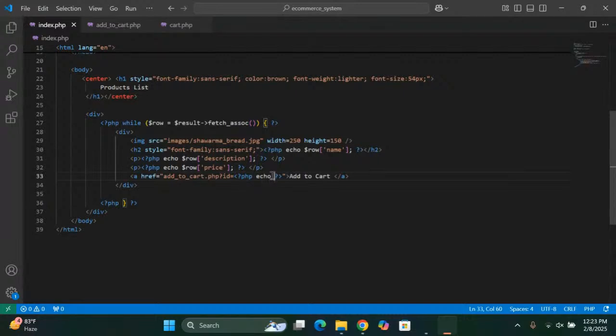Is that product beside this? Okay, so probably this condition is not met. So now what we are going to do is